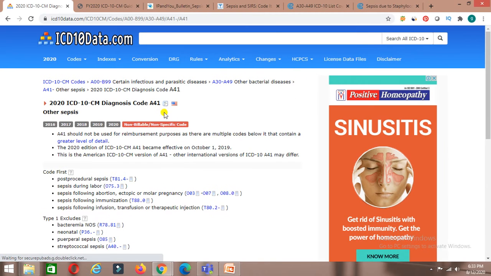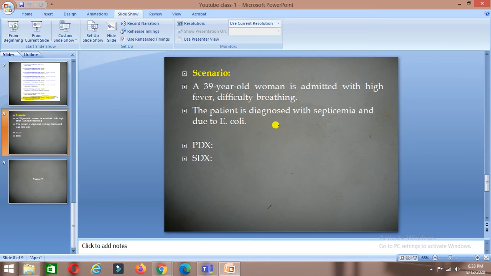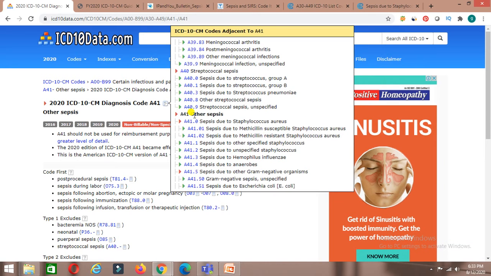In this scenario, the patient is diagnosed with sepsis, and that sepsis is because of E. coli. Here it is not Staphylococcus aureus, not MRSA, it is E. coli, so we have to find it in the list.